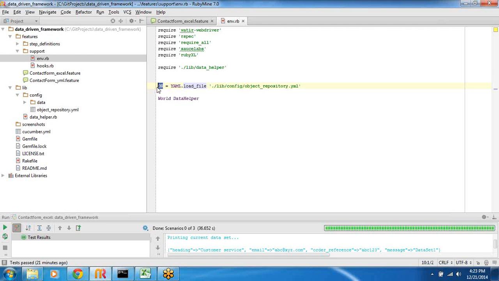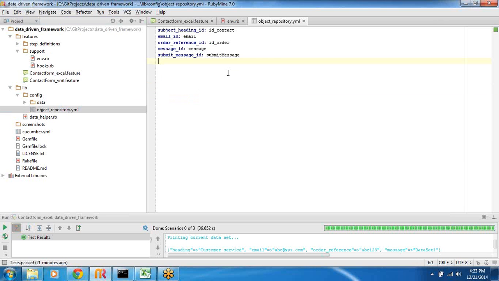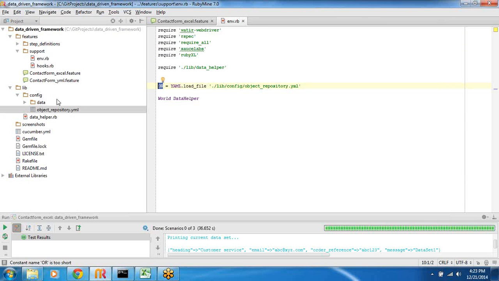So this OR will contain the hash data structure representing the object repository. Okay, again, this is explained on the website as well. The second thing, once we have looked at object repository, the next thing I'd like to show you is